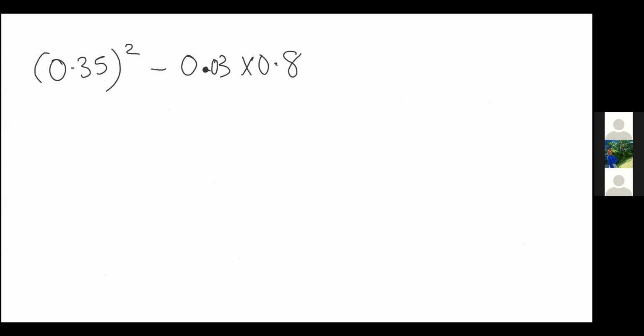mixing operations here, so we have to apply BODMAS, right? Always remember, when you start to see your operations coming together, more than one, we have to apply BODMAS. So we have to work our brackets first, and they are telling us 0.35 squared, so we can put that in the calculator. 0.35 squared gives me, and I'm writing my answer,